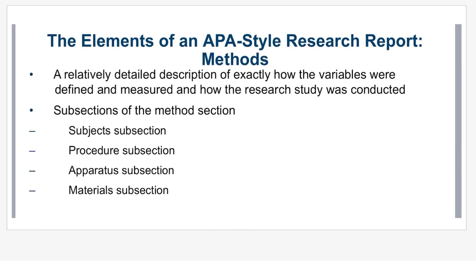Then the procedure subsection is about the procedure. Obviously, this is where you talk about the selection procedure, like how you found those participants and how you selected them, that process. The settings and locations where you collected your data. If you paid or gave any incentives to your participants, what those were, and how that all went down. The ethical standards or safety monitoring. So here's how we met the ethical standards, or here's the ways that we kept our participants safe during our study. And then how you divided or assigned those participants to groups and how many participants there were in each group,